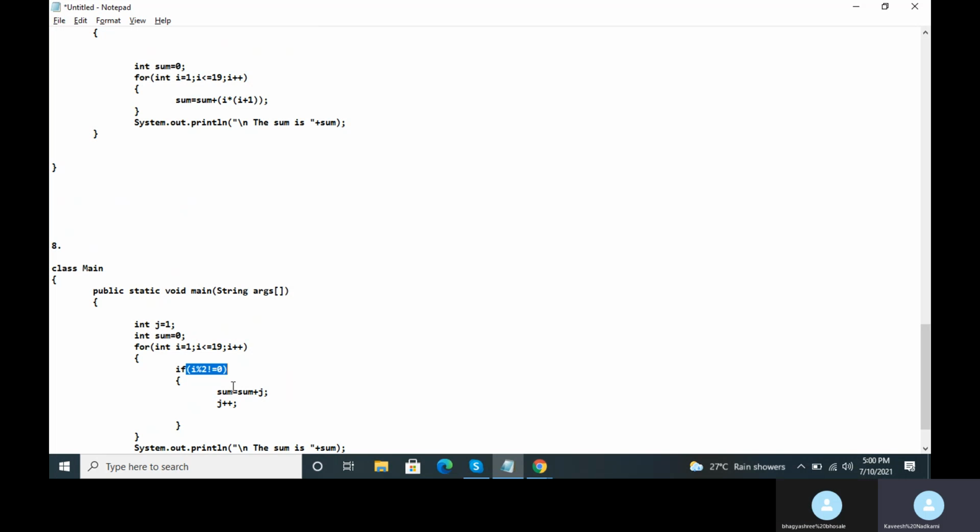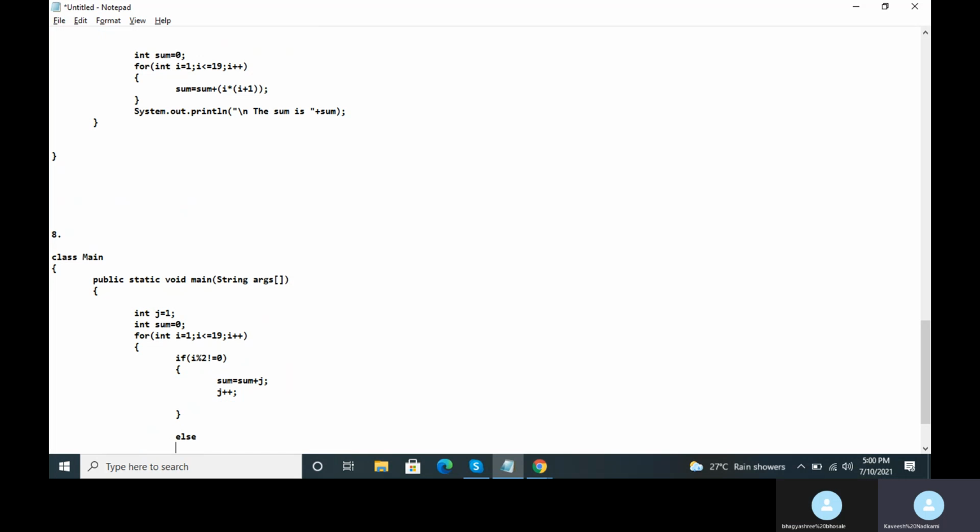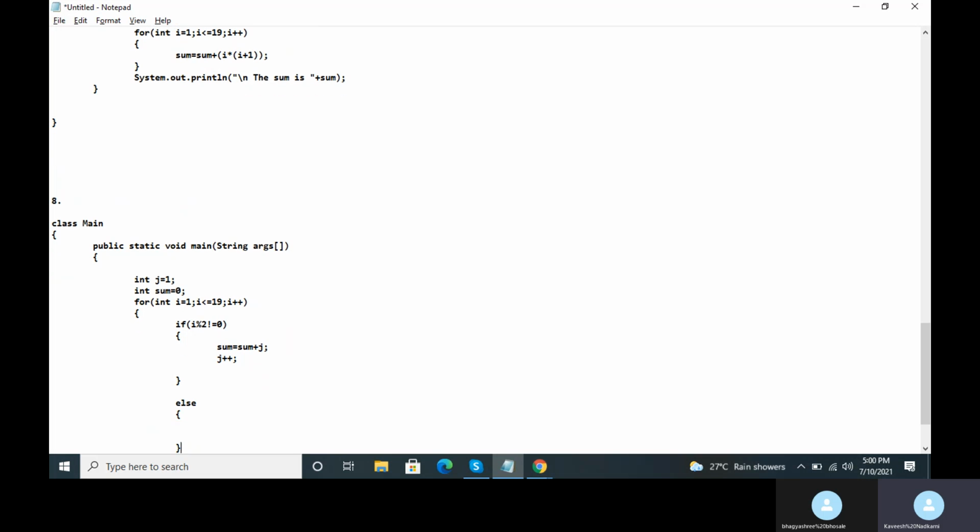Yes. Now, but if we are on the even numbered element in that series, then for that, what I will do is, I will declare one variable k, extra variable, and I will take the initial value of k as 2 here. Okay. At each time we are on the even numbered element, what I will need to find is the product of all numbers from 1 to k, right? So very easy.